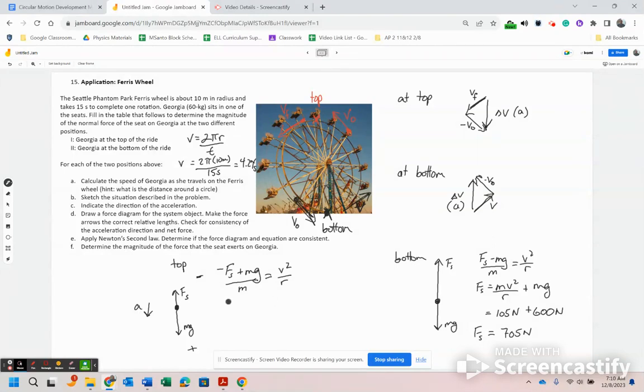All right, so in determining the force exerted by the seat here, I will have the force exerted by the seat is equal to mg minus mv squared over r. And we're going to have 600 newtons minus 105 newtons. That will equal 495 newtons. So the force of the seat will be